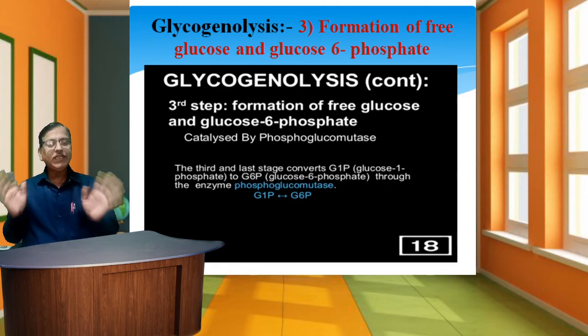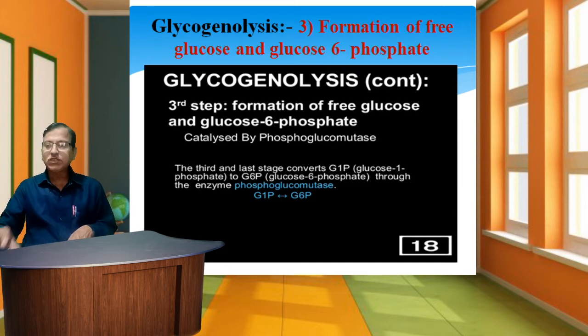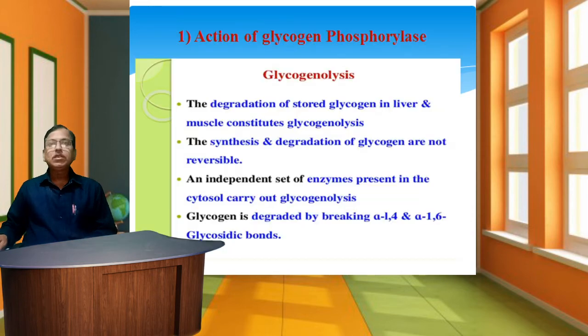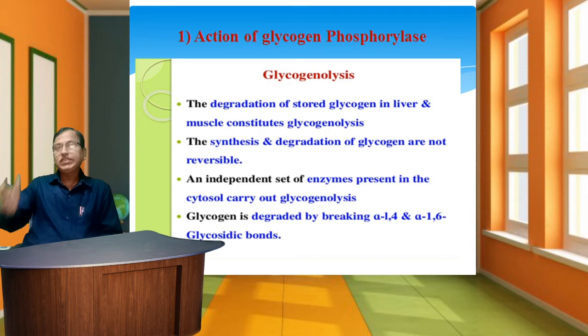It may be noted that though glucose 6 phosphatase is absent in muscle, some amount of free glucose, about 8 to 10% of glycogen, is produced in glycogenolysis due to the action of the debranching enzyme, that is alpha 1,6 glucosidase activity. These enzymes complete this process, and lastly the end product is glucose. So these steps of the glycogenolytic process are completed.